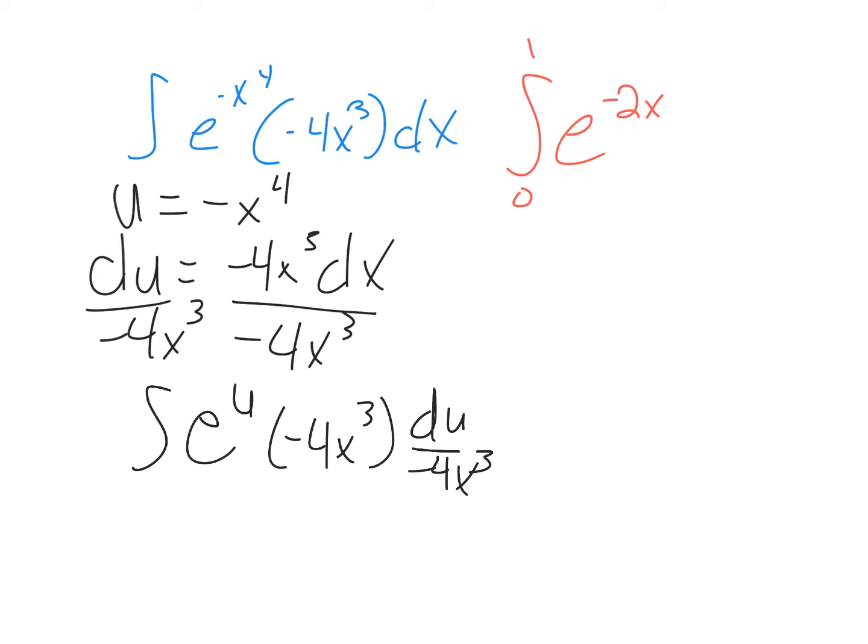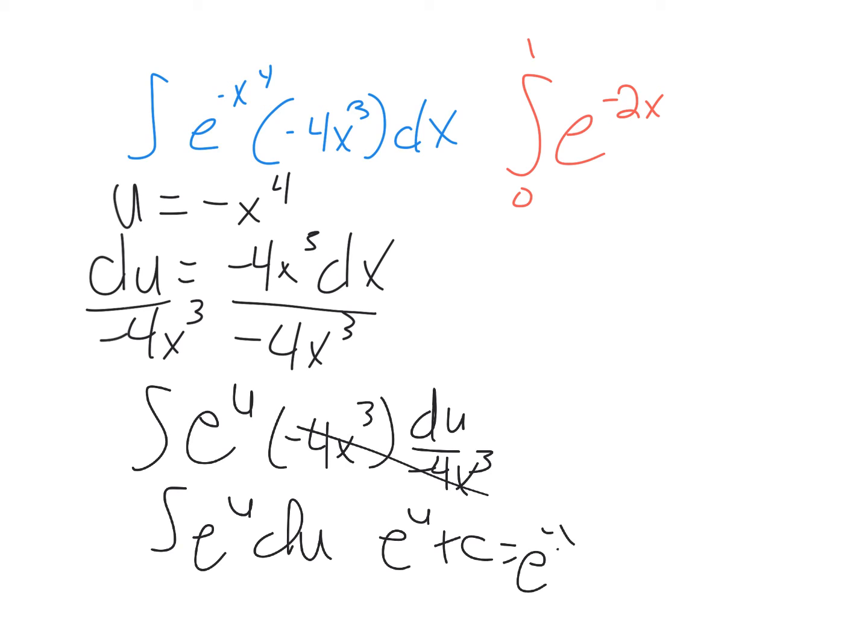Negative 4x to the third divided by negative 4x to the third cancel, so I'm just integrating e to the u du, which is e to the u plus c, and then we put in our u, so that will be e to the negative x to the fourth plus c. Similar process to the second one here, except it's a definite integral, so we're going to have to plug in